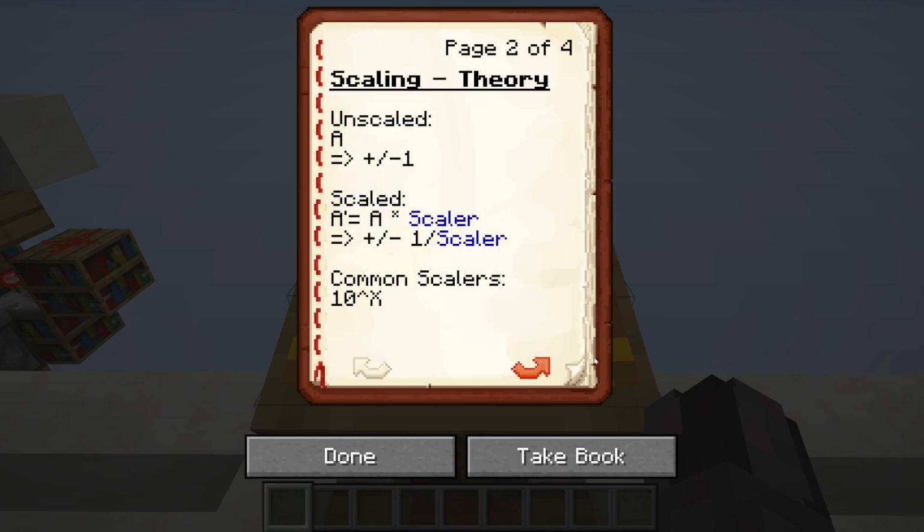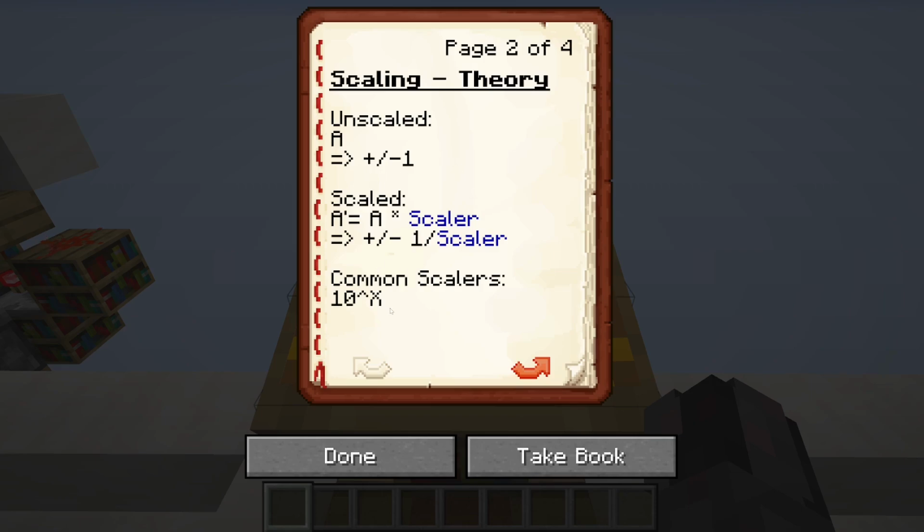So the idea is pretty simple. Instead of just using an unscaled value, a, you use a scaled value, which is a tick, and that is basically just the value you want to encode, a, times a scalar. And that means that your resolution, which was earlier just 1 because you were working with whole numbers, is now 1 divided by the scalar. Very commonly you use scalars that are a power of 10, so 10, 100, 1000 and so on. You can, if you are going for a very specific resolution, also use something else, but those are the most